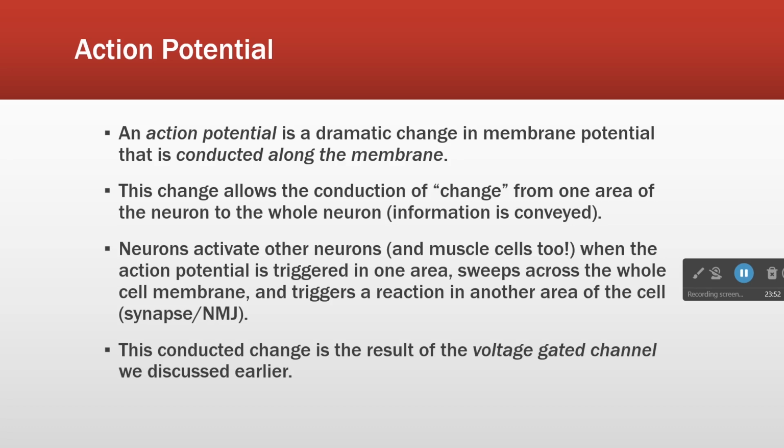However, if we just move charge from one place to another, we can do that in milliseconds, right? Because of some tricks the nervous system uses that we'll talk about later this week. So action potential is a way to take a big change in membrane potential and conduct it over a long distance so that one end of a neuron can affect the other end of a neuron relatively quickly, right? So this plays a role in moving information not just from neuron to neuron, but also from neuron to muscle,